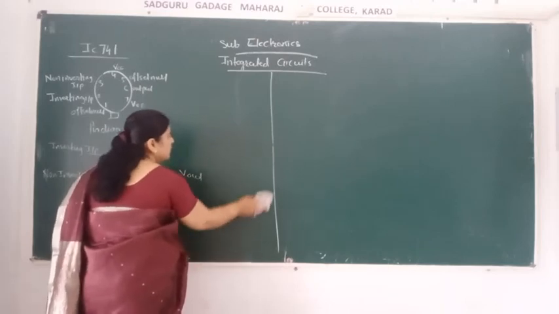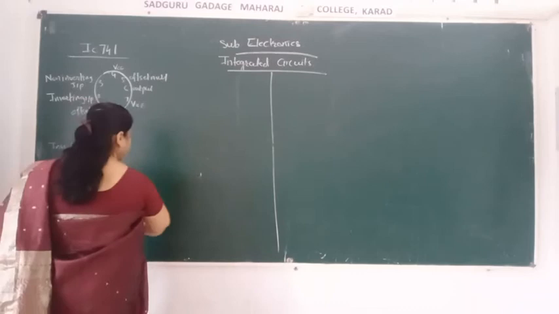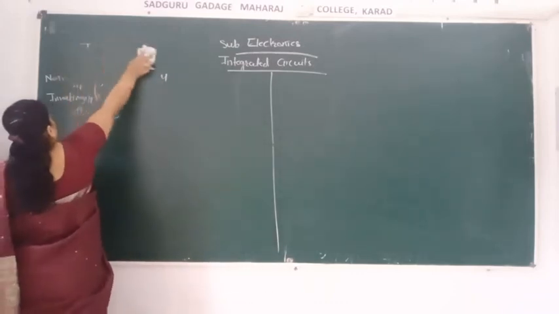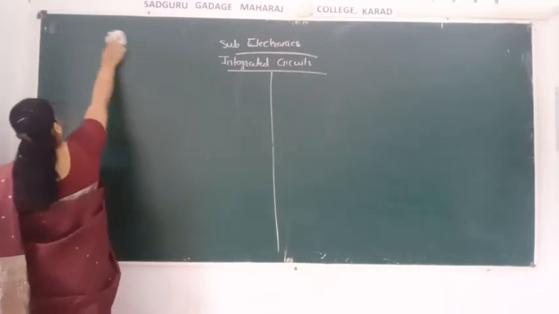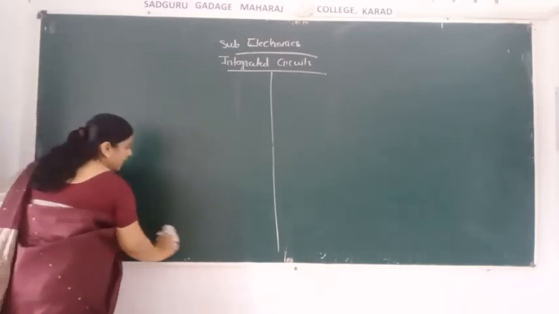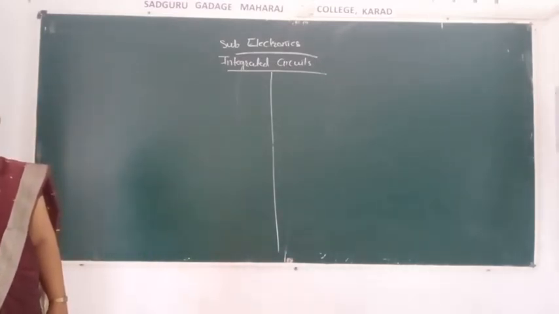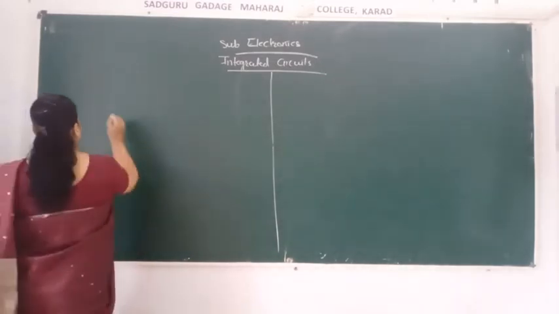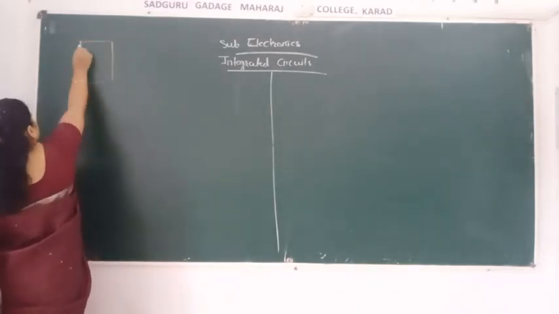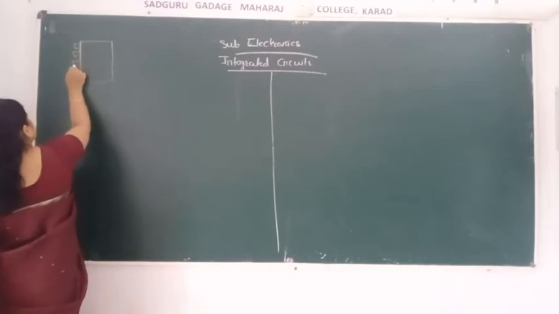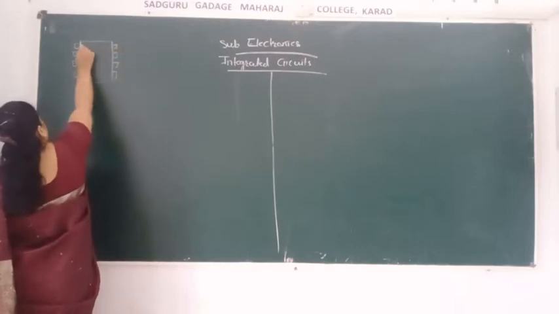So first we will revise the things which we have taken in this integrated circuit. First, in integrated circuit we have seen the pin diagram of the IC 555. So how many pins does IC 555 have? Yes, it is an 8 pin IC. The 1, 2, 3, 4, 5, 6, 7 and 8.